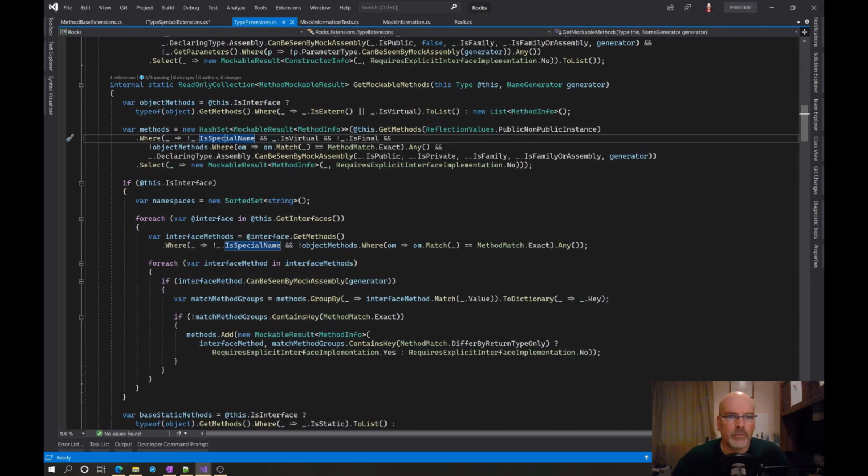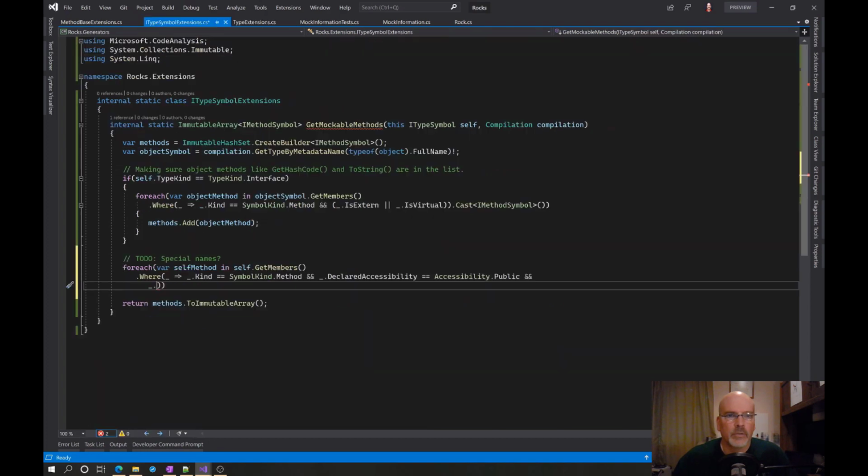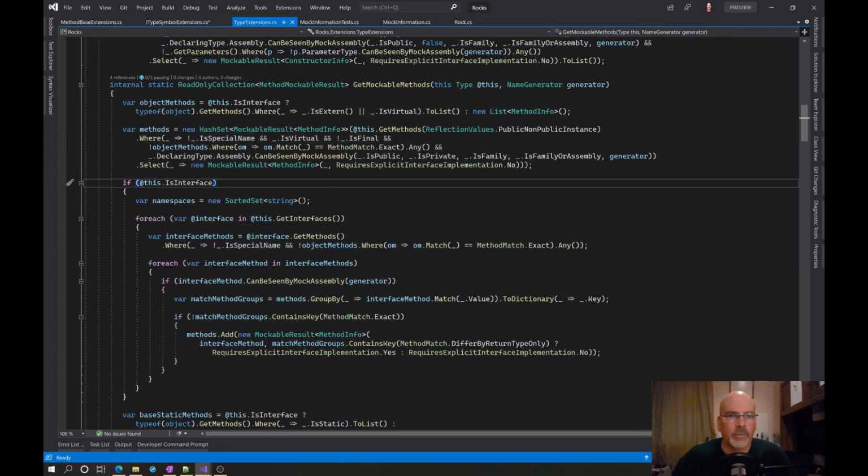What we have to be careful about with that: so IsVirtual and IsFinal. IsFinal is not sealed. I think that's basically what it's getting at, because